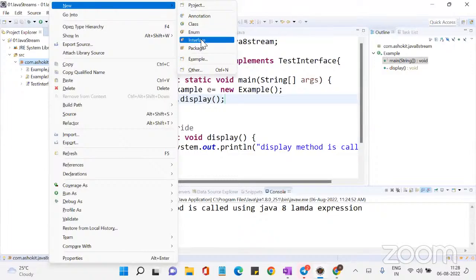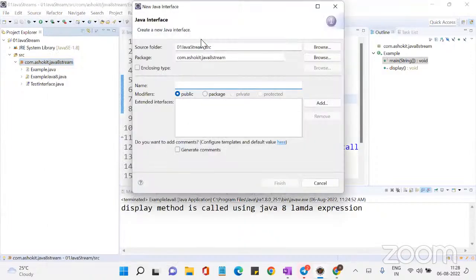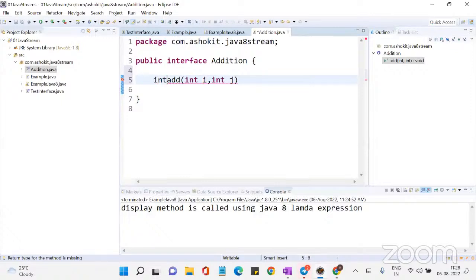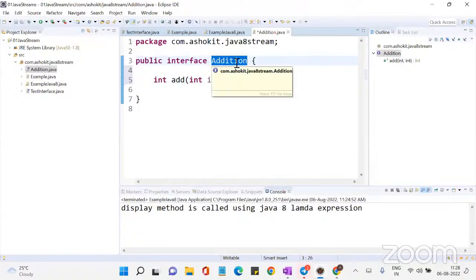Let me create an interface. I'm creating an interface called addition. In this addition interface, I have an add method, which takes int i, int j, and it returns an int variable. So what is the meaning? I have created an addition interface, which has an abstract method called